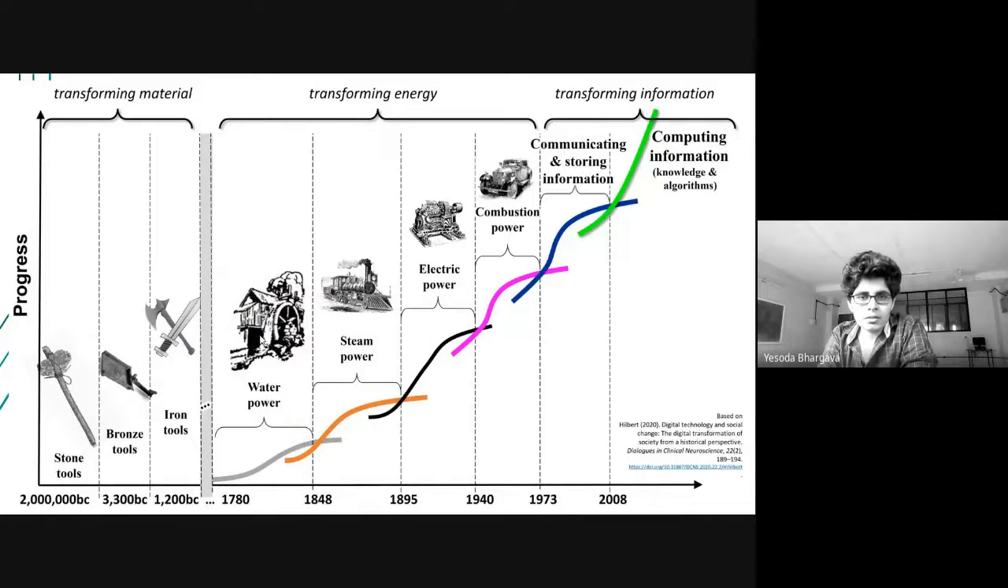So this sort of graphic using pictures shows the progress that has happened over the years. In this time we were transforming material, then at some time we were transforming energy, and now we are transforming information. Now since we live in an information age, it is very important to understand